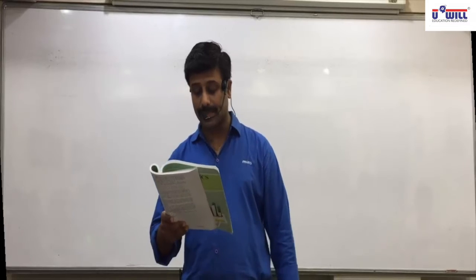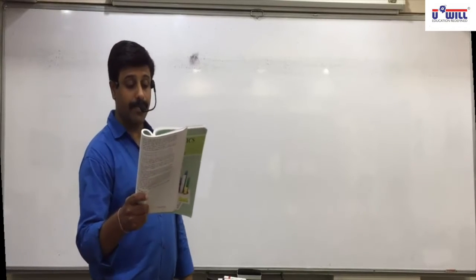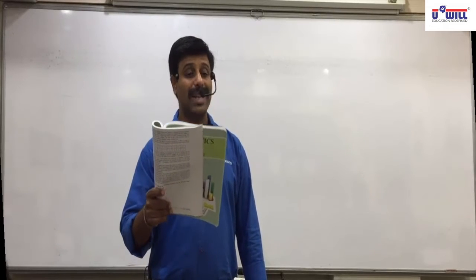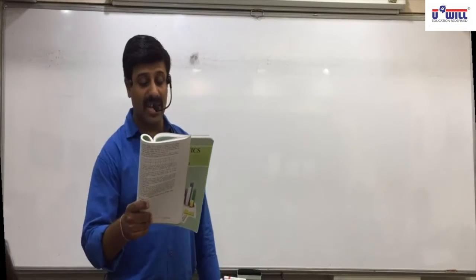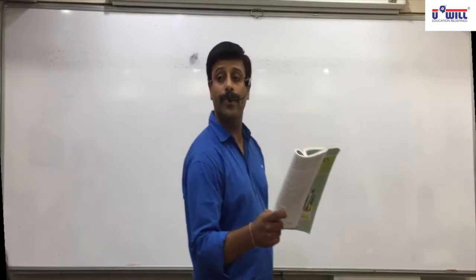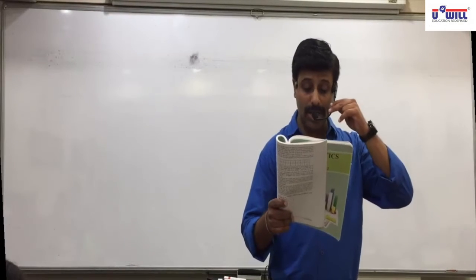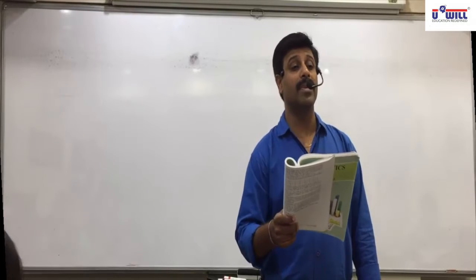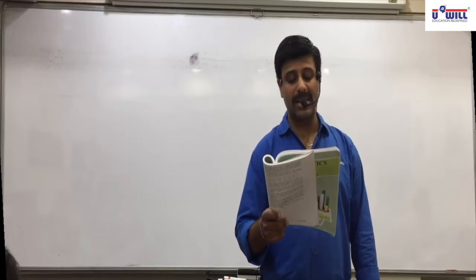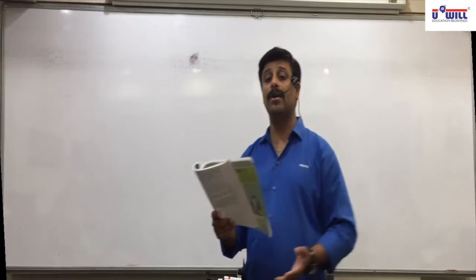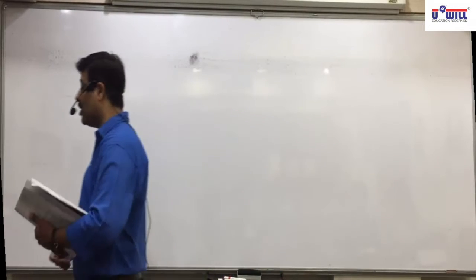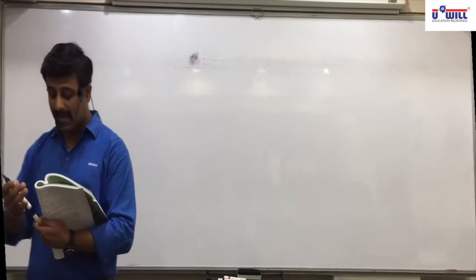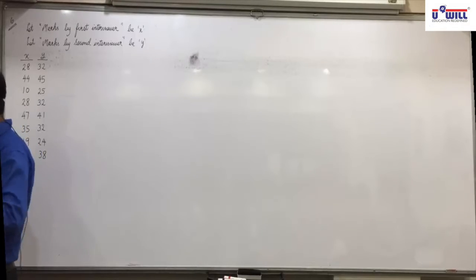Number 6. Two interviewers gave the following scores to the candidates on the basis of their performance in the interview. Find the rank correlation coefficient between the evaluation of two interviewers. First of all, you will say let marks by first interviewer be X and marks by second interviewer be Y. So write that and the values of X and Y, all of you write it down. Okay, now